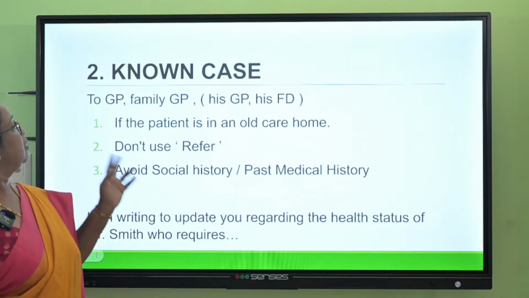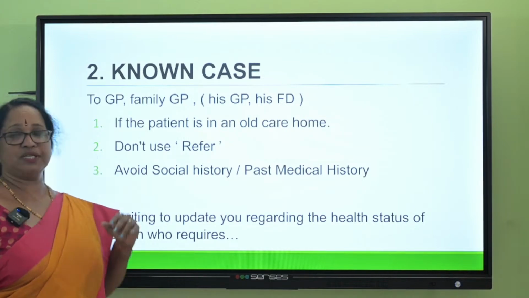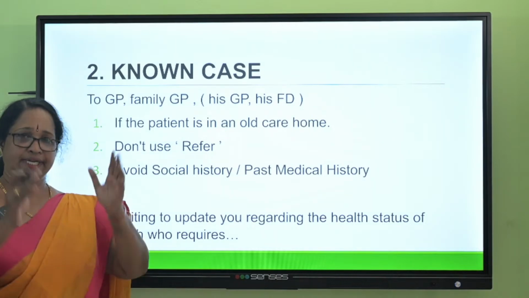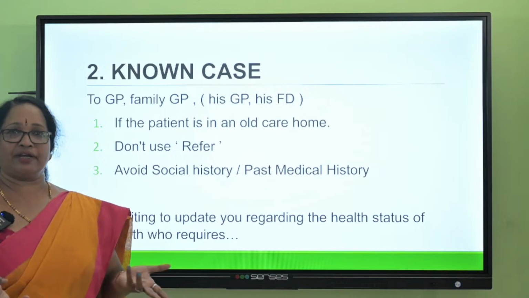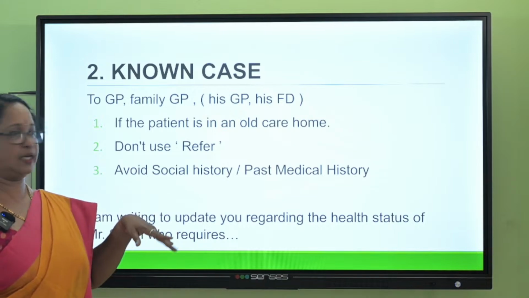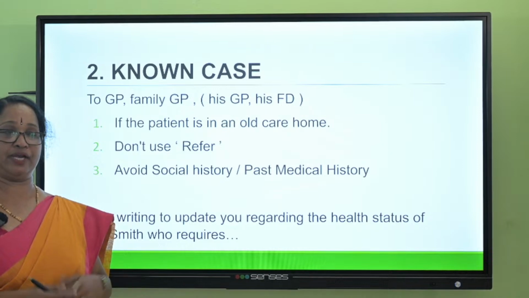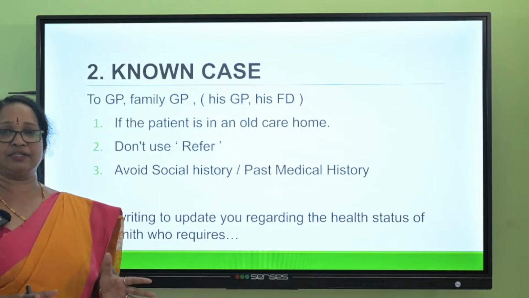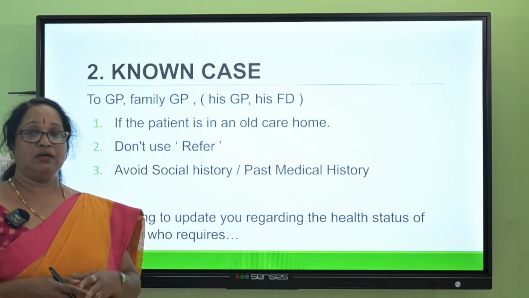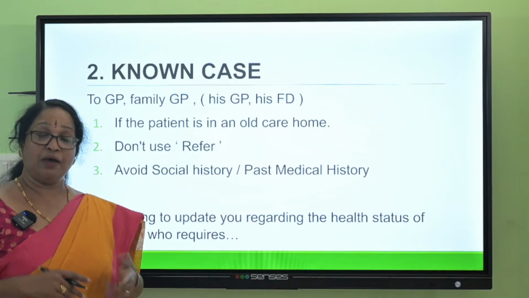Next, second one is known case letter. Non-case means that is the other most important doubt whether the students have when they get a case note in their hand, how can I identify whether it is a known case or an unknown case. So, if it is a known case letter, to GP will be there. We know that one, general practitioner will be, while seeing that GP, suddenly they will think maybe it is a known case, but don't think like that, because if they have mentioned his GP, that means patient's